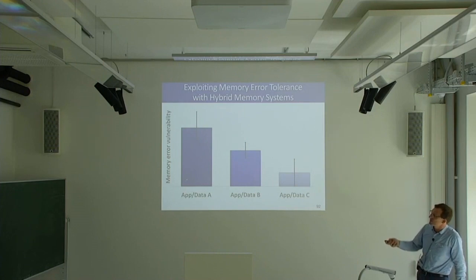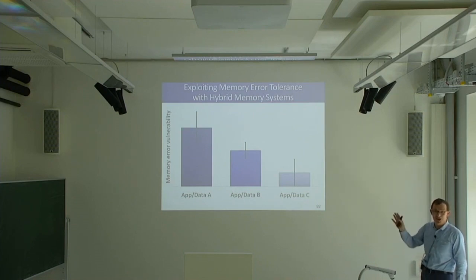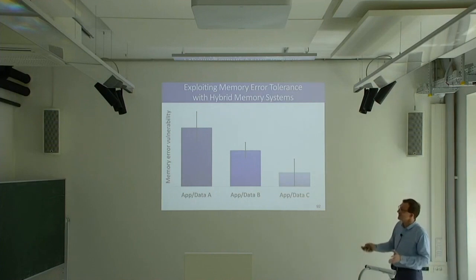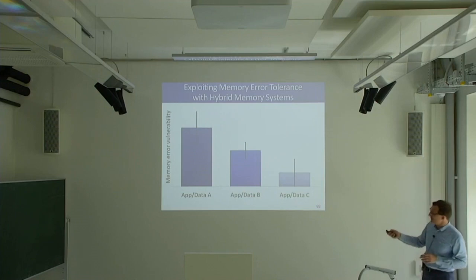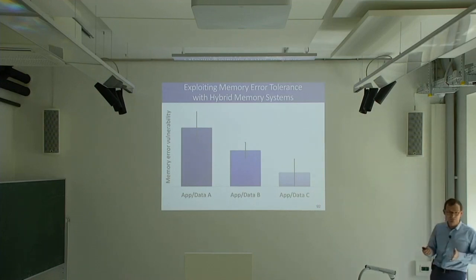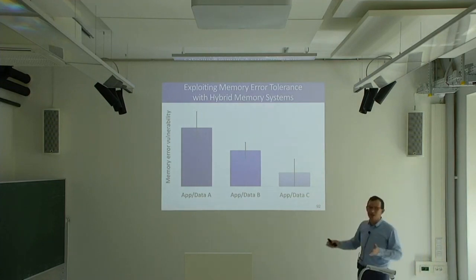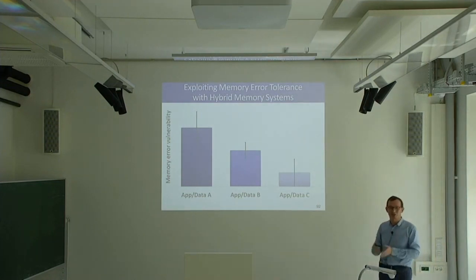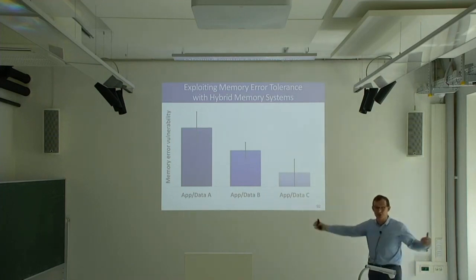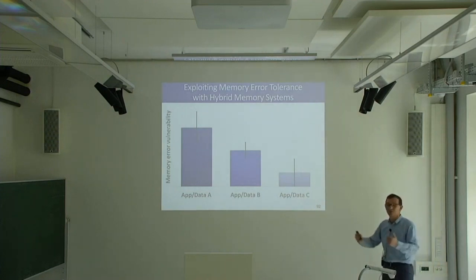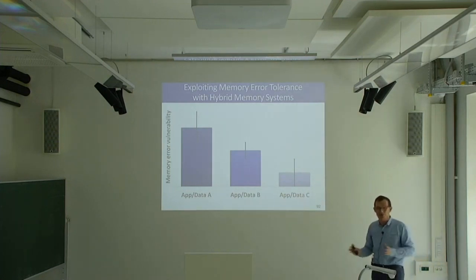For example, you may have some data where, whenever you get a bit flip, an error in that data, your computation is useless. Your system crashes. Maybe a pointer in a system data structure gets an error, and then you're done. But there may be some other data that's not so vulnerable, right? It could be some training data that you feed into your neural network. You get a bit flip over there, maybe you're okay, because it's all a statistical process anyway, and that error may not be any different from the error that you see in the input data, as long as it's tolerable.